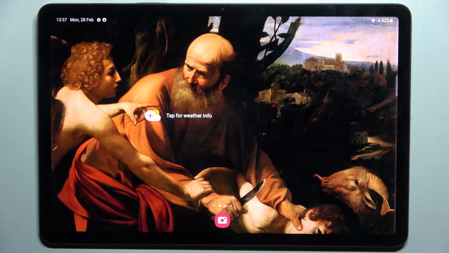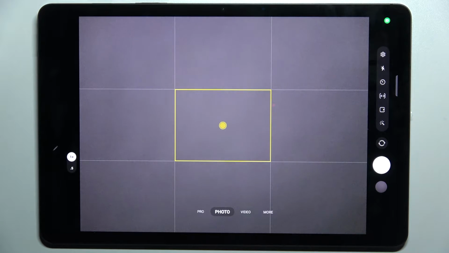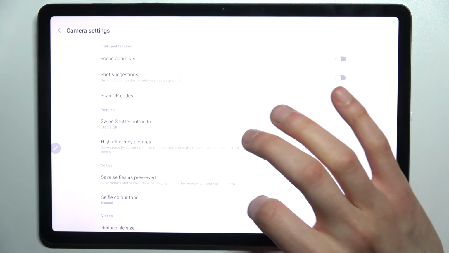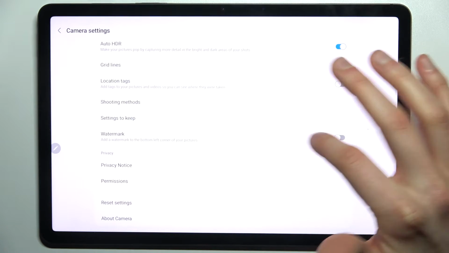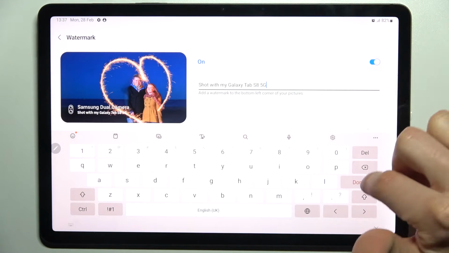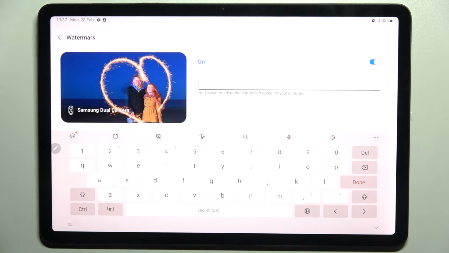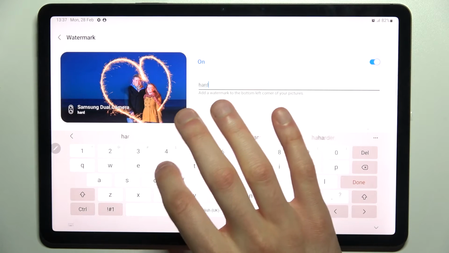Here I have Samsung Galaxy Tab S8, and today I'm going to show you how to enable custom watermark in camera on this device. So firstly, let's open camera, tap on the gear icon, enable just normal watermark like this, and here you can customize it. So you can write your own text here, like for example,